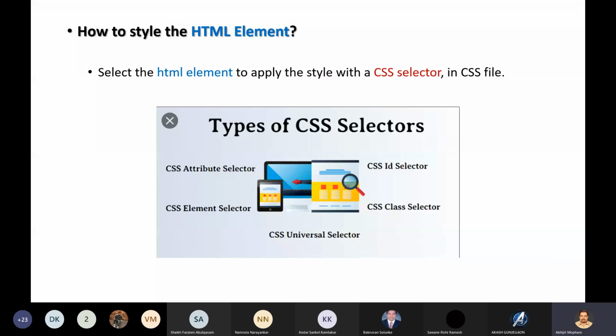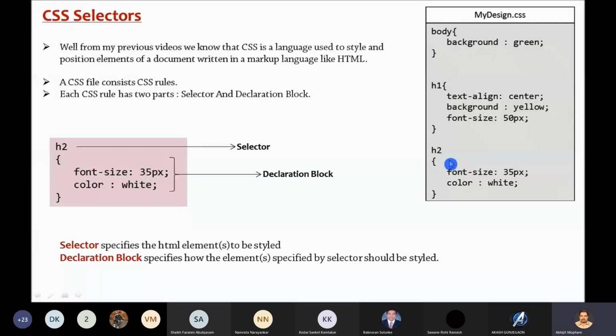Right. So this is one example. We have here body. This is a CSS record or rule for the body tag, the body element. This is the rule for the H1 tag or HTML element. This is the CSS record for the H2 tag or H2 element, right?